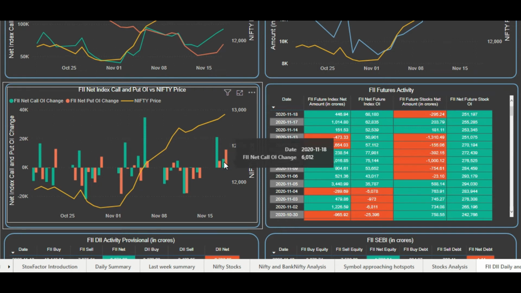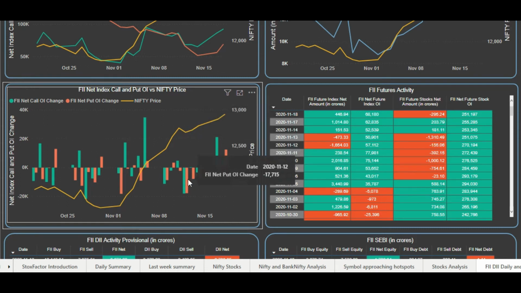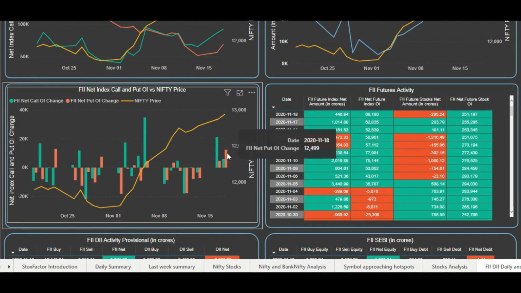Similarly on the put side, you can see the red line, and the green line is for the call OI. So they have bought more puts than calls. Now this is a sign where you would want to think. FIIs are making long positions in the futures segment, and since the Nifty was rising, they were continuously buying more calls, not buying puts, because they were confident about the rally. But now, for the first time, they have also purchased more puts as compared to calls.